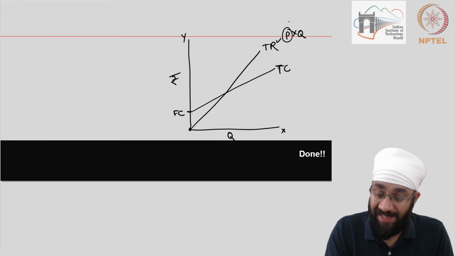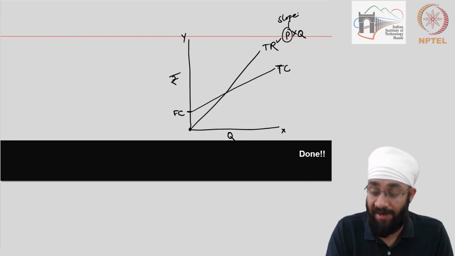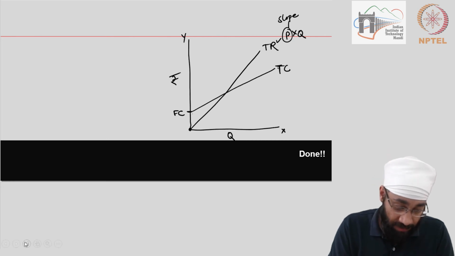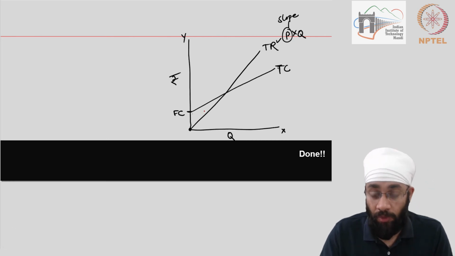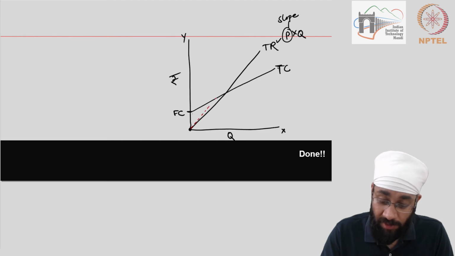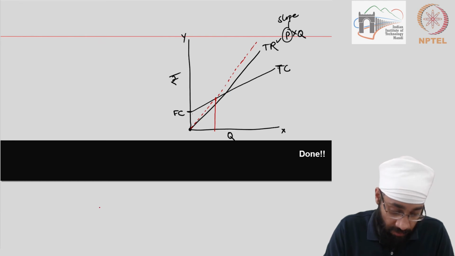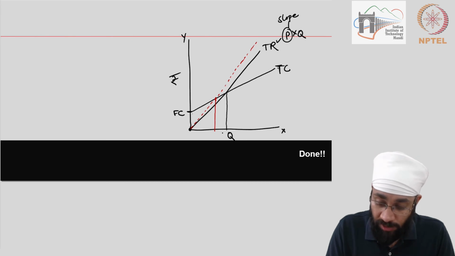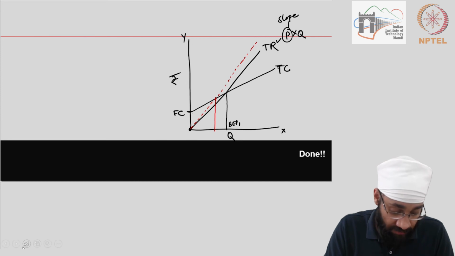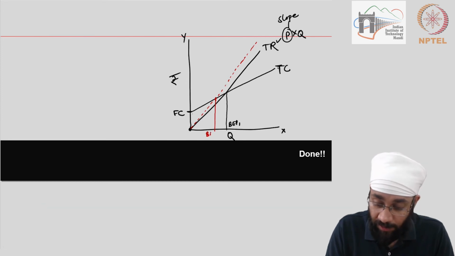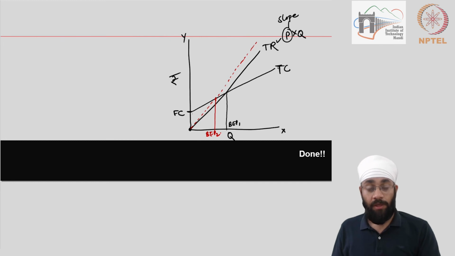Now, P really is the slope of the line, right? The total revenue line. If P is going to go up, that means the slope is going to become higher. So, like this. So if slope is higher, if steeper slope is what you get, then the break-even point is going to come closer compared to the earlier break-even point, which was here. So this was the break-even point 1, and now you have break-even point after the P goes up, break-even point 2.